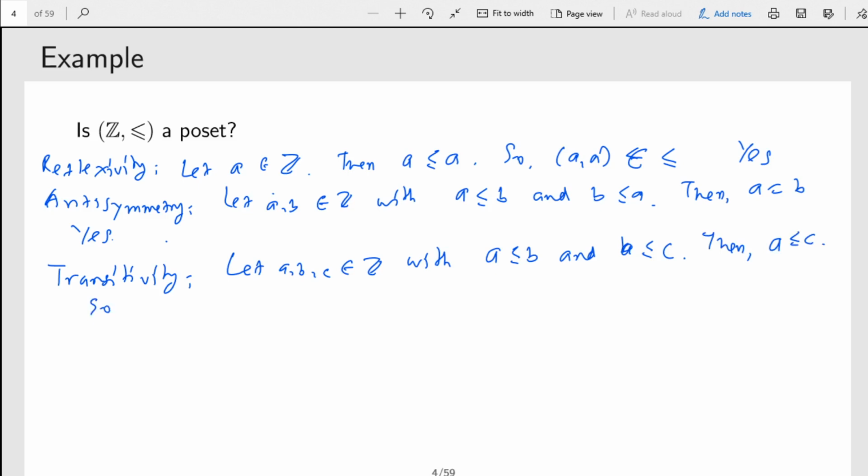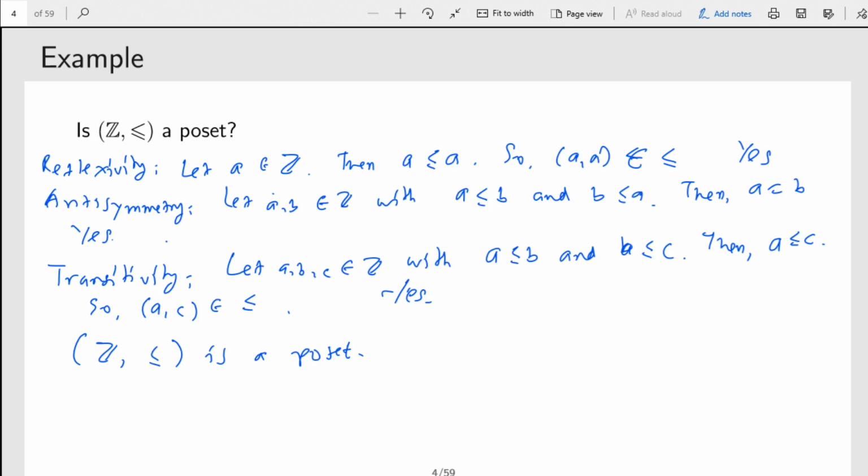So the pair a, c is also in the relation less than or equal to. So it's transitive, and therefore the integers with less than or equal is a poset,